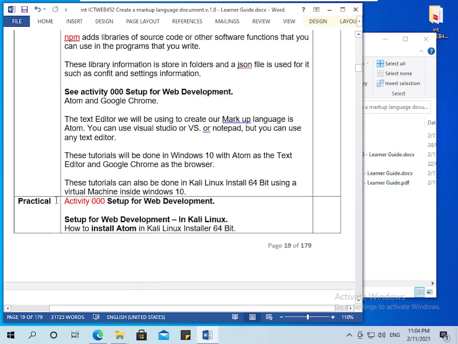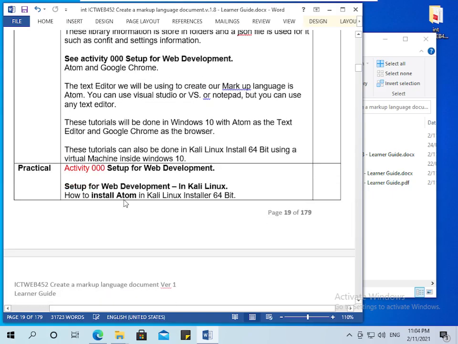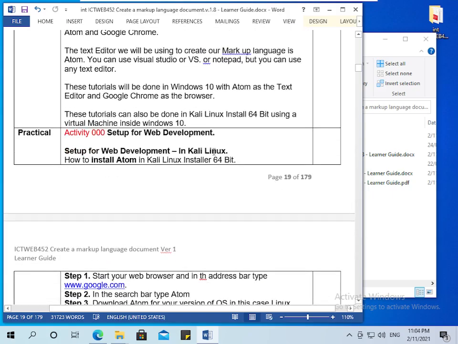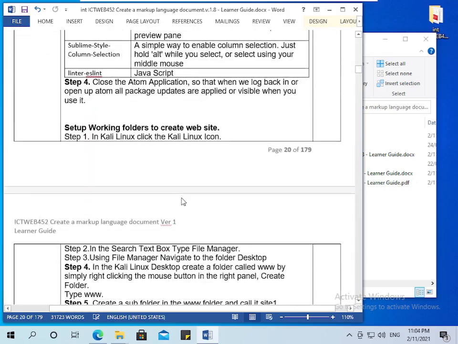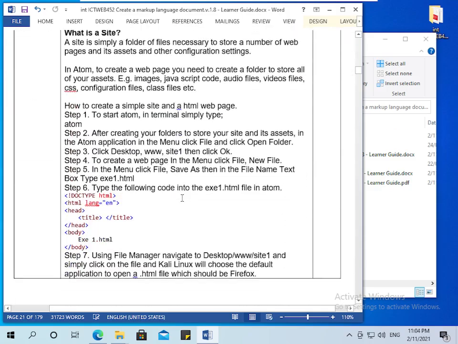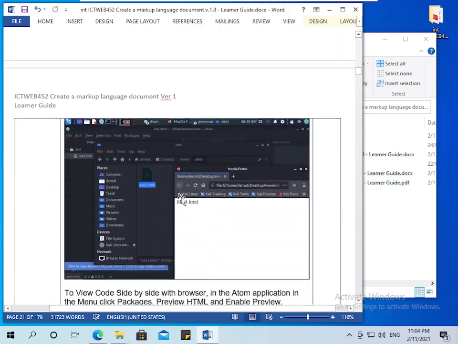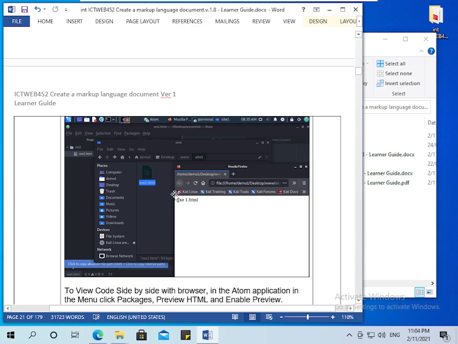Activity. Okay, so now we're up to the activity. Activity 000, set up for web development. So we're not doing Kali Linux, so we'll skip that, and we should go to the blue highlighted section. And the blue highlighted section should have the instructions, and that's what